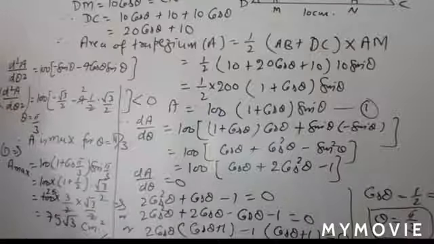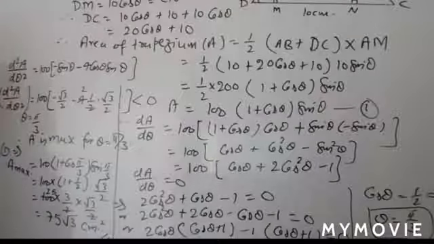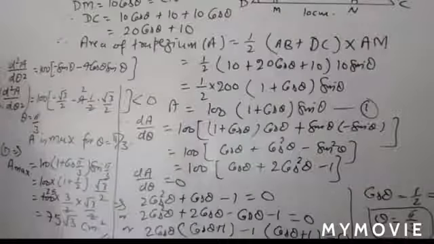Okay, and actually here you have to find the shortest distance between the line and the curve. So you take any point on the curve. From that point you find the length of perpendicular from the point to the given line. Okay, so after getting the length of perpendicular, you take its first derivative, make it equal to 0, and then the second derivative. Okay, and check that at what point it be